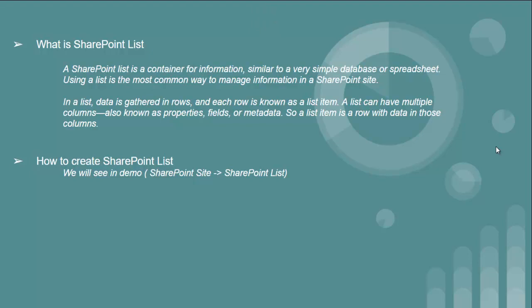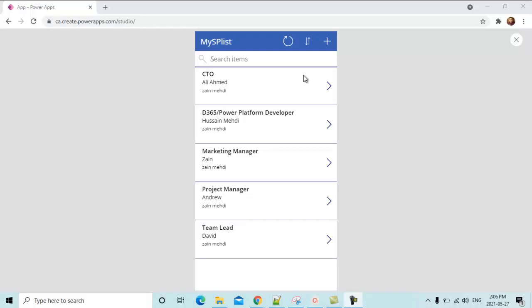Let me show you the screens first, what we will have at the end of the video, then we will start making the app. This is the app we will have at the end of the video. This is the browse screen. You can see your records over here, and these records are coming from a SharePoint list, and you are seeing them